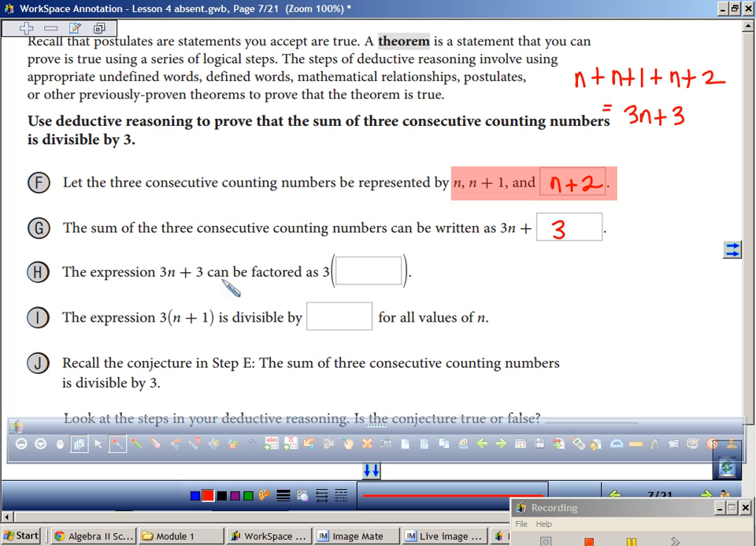The expression 3n plus 3 can be factored as, what if I factored out a 3? What would be left over? N plus what? 1. Right? Isn't that the inverse of the distributive property? You can pull out a 3 from everybody. The expression 3 times the quantity n plus 1 is divisible by